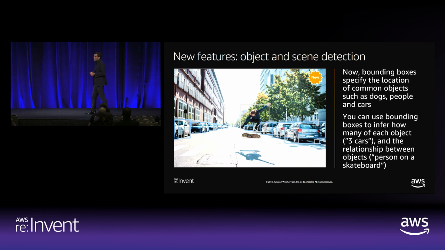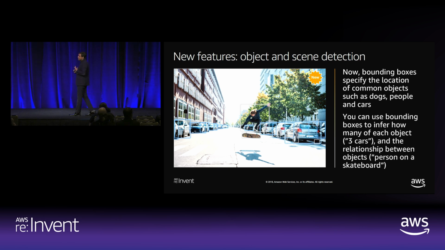Why is that important, by the way, beyond being cool? It's important because that helps you with a few things. Helps you with redaction. So for whatever reason, if you didn't want a person or the skateboard in this image, you could go redact that area because you know exactly which coordinates of the image this particular object is.